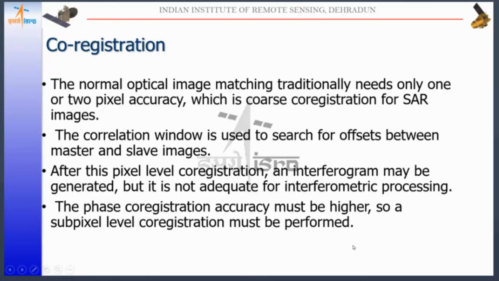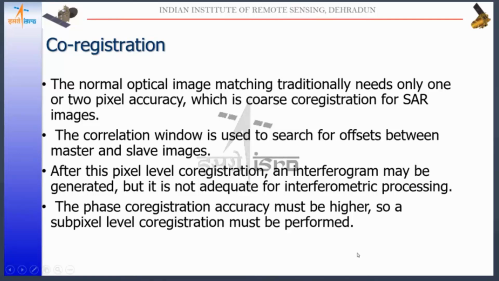It means with a single number we are registering the whole image. But in SAR, we have to register each pixel. That pixel matching we have to do very accurately, up to the level of the subpixel. This subpixel to subpixel match is called fine co-registration,